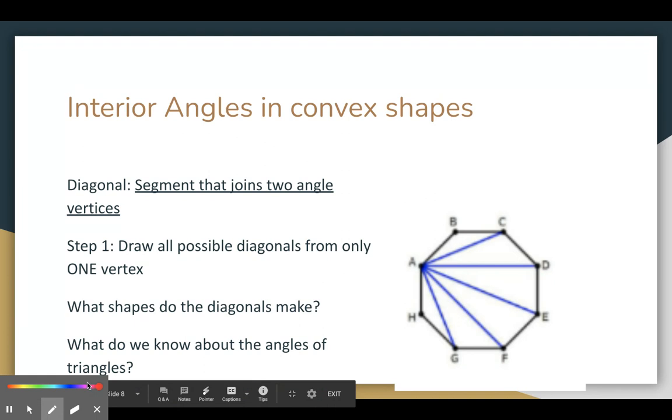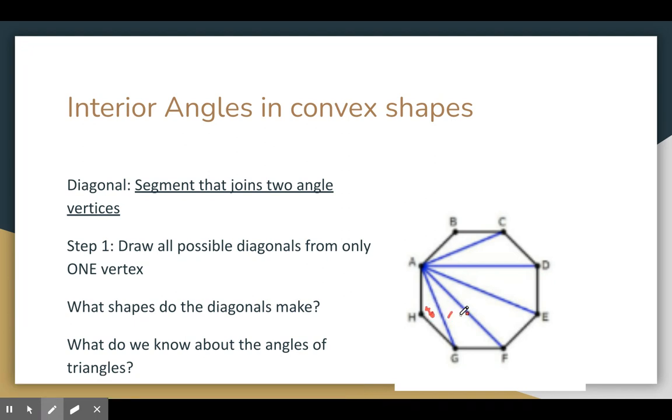So if we think about this, we know that this triangle has 180 degrees. We know that this triangle has 180 degrees. This has 180, this has 180, and all of them have 180, right? We just got done with the lesson of the chapter on triangles, so we know that. Okay, so using this piece of information, you can then tell how many degrees make up all of these angles on the inside of